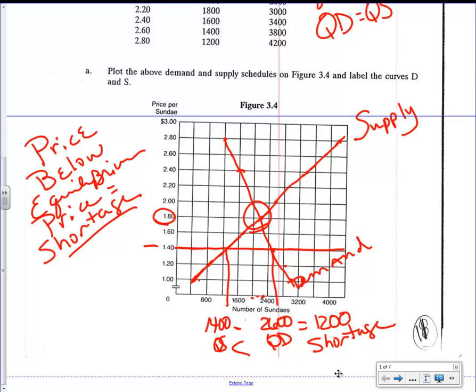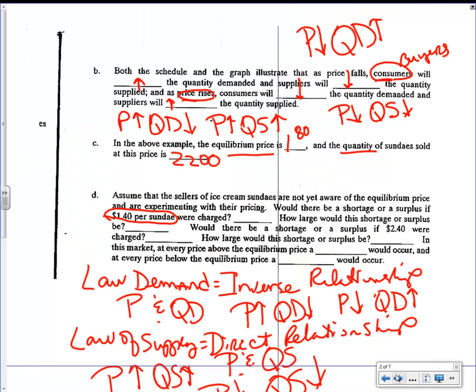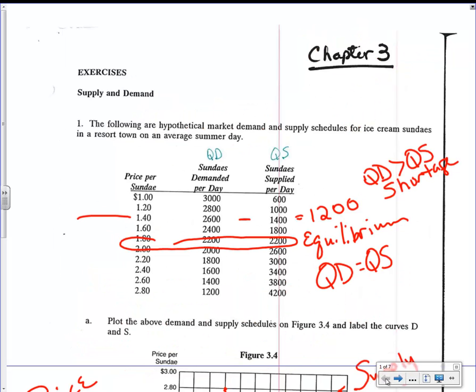So with page 2, we go back. If the price is $1.40, there would be a shortage of sundaes. How large would this shortage be? 1,200 sundaes. Now let's look at it if we charge $2.40. So we'll go back to page 1. If we charge $2.40,